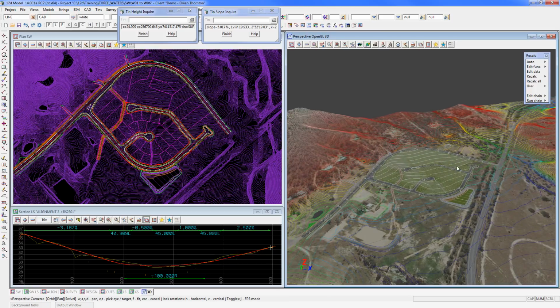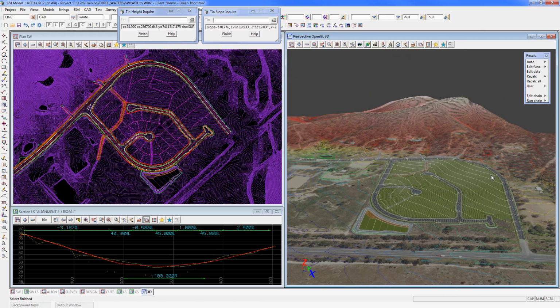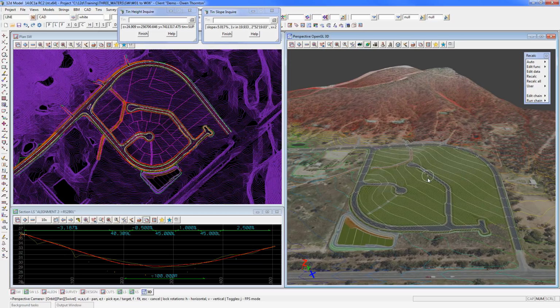And in fact, if I zoom around in version 14, I've got to say the perspective view is much slicker and more responsive than in all previous versions. I'm really loving it. But you can see that on this site these hills are going to have a significant amount of runoff heading towards our site